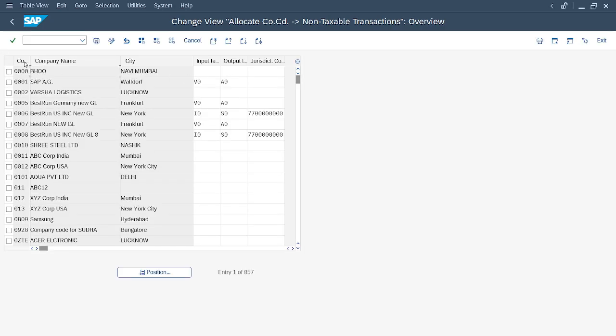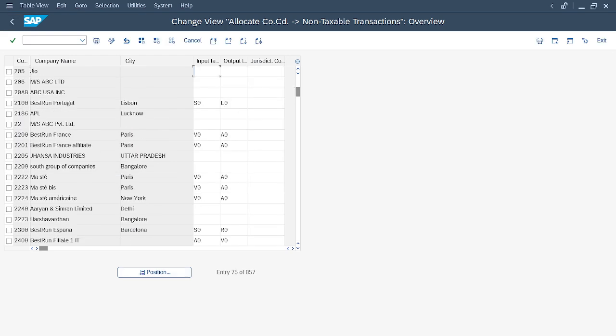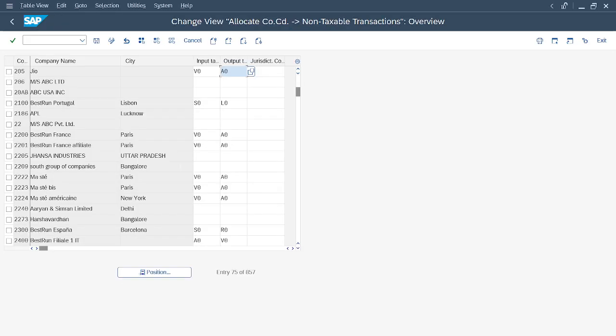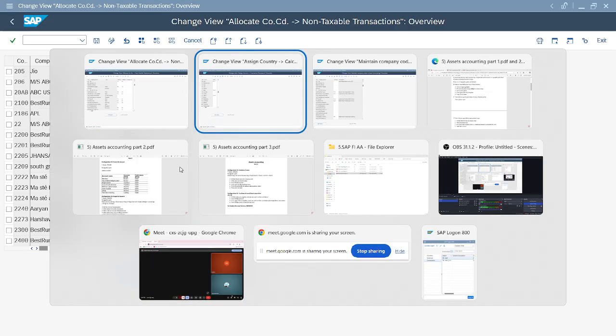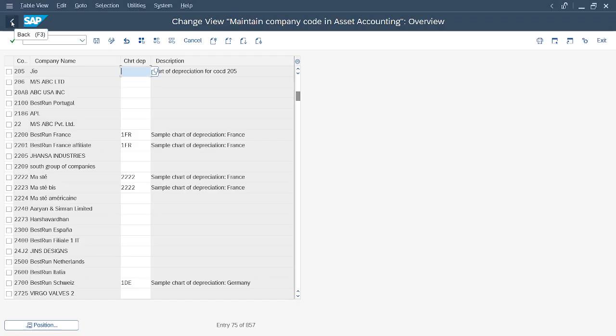And now we'll assign our text code to our company code. So our company code 205. Save. Once it is done, we'll be able to assign the chart of depreciation to a company code. Okay. We'll come on the company code asset accounting assignment. So if you try here again,